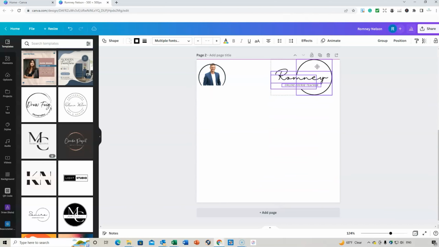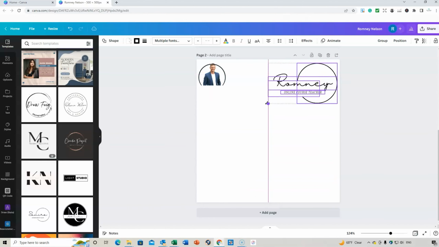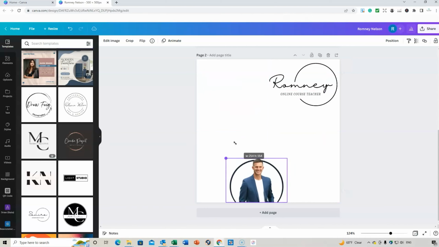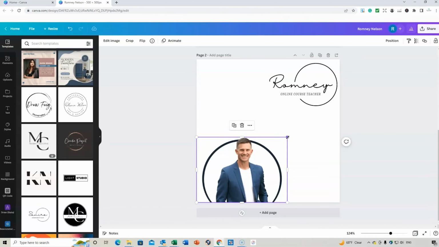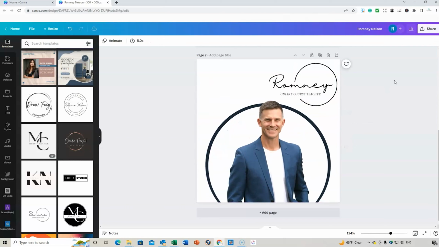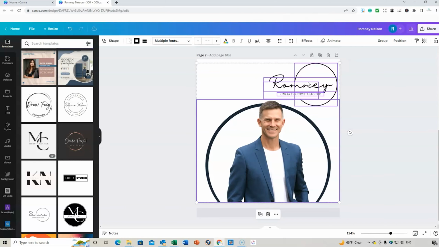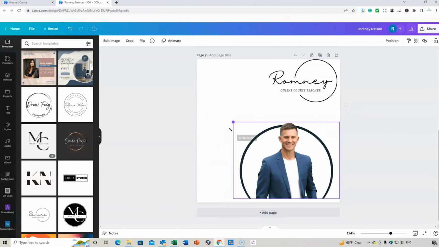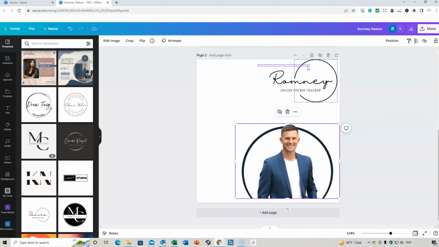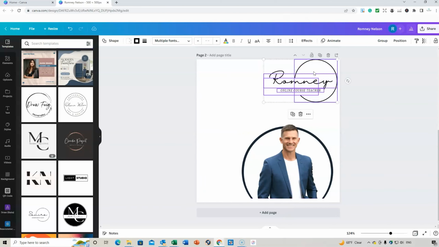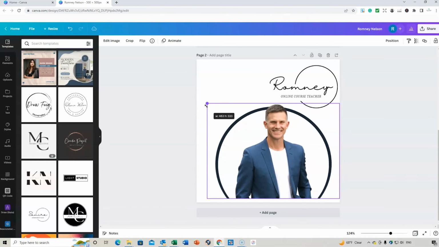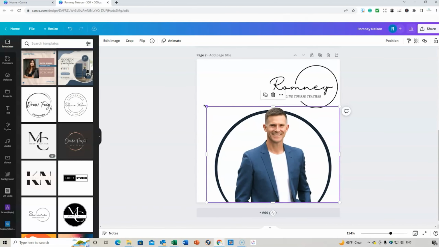So you might even put that up here, like that, and I might bring this down here again. I might expand it to the sides, and I might bring this like this. Oops, I've captured them all together. I might just bring that down, just like that. Bring it down a little bit, and I can expand that, bring it down to the bottom.